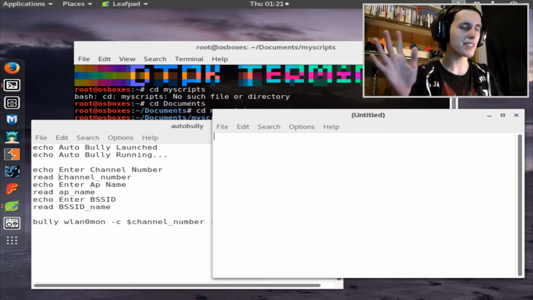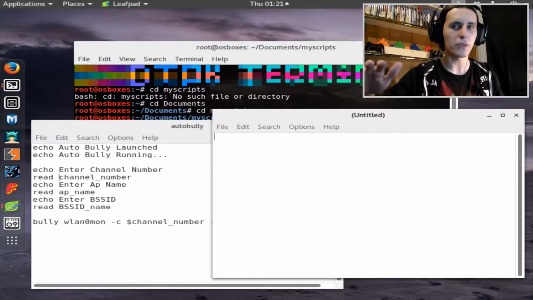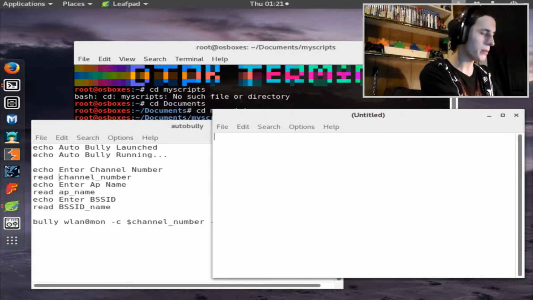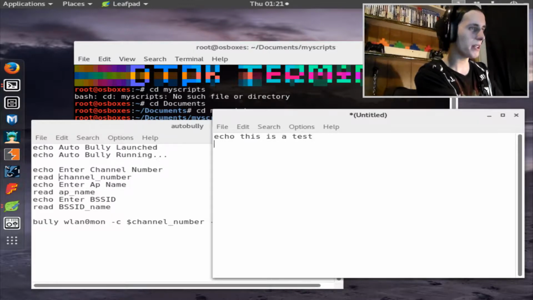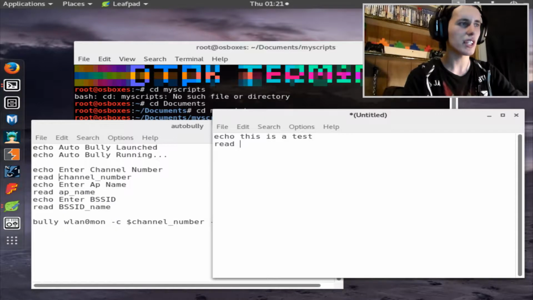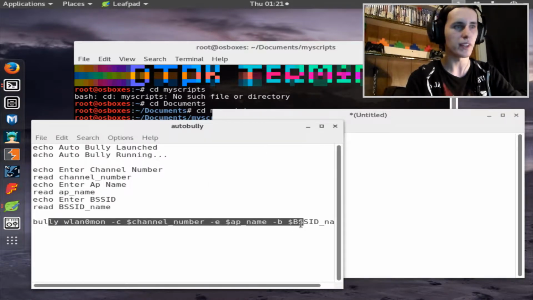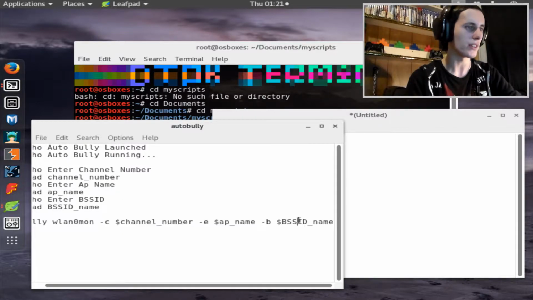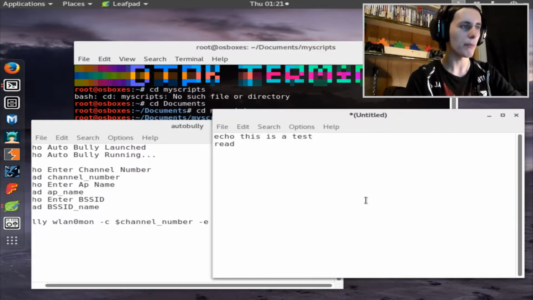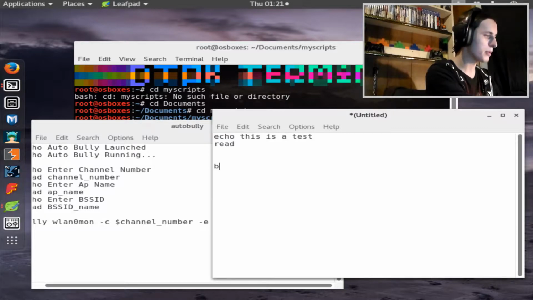Now, to actually make something have an input field, you gotta use the read command, but in my case I'm gonna start this code off with an echo: this is a test, and now I'm gonna go to typing in the read command. The read command is essentially just telling the terminal, hey, we want an input field here, and when the user types in what they want, it will go down here into whatever code they want. In my case, I have this simple little code here for bully, so how about we just replicate that by typing in bully